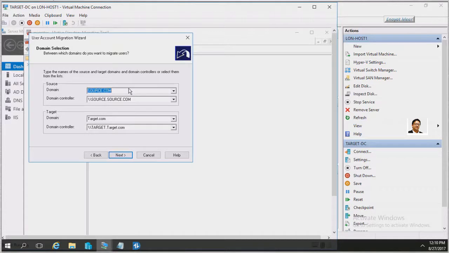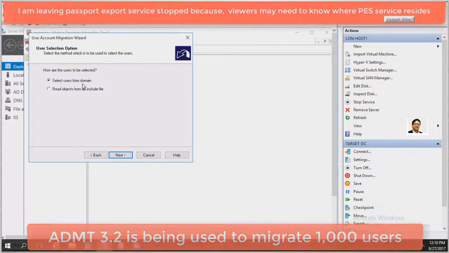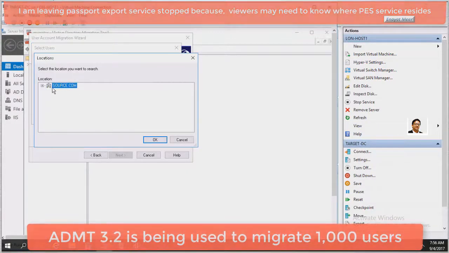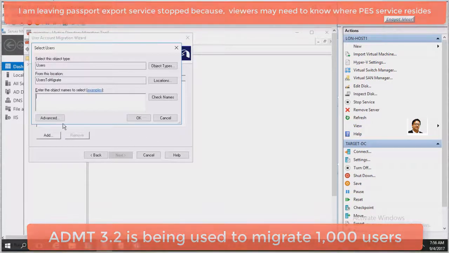So I am going to migrate 1000 users directly using Active Directory Migration Tool Wizard. This is my source and this is my target. From source domain to target domain, I am going to select users from the domain. You can click on add and just look for those users, because I have randomly accounts very similar and names are similar because I used a PowerShell script to create those accounts. So I will go and search